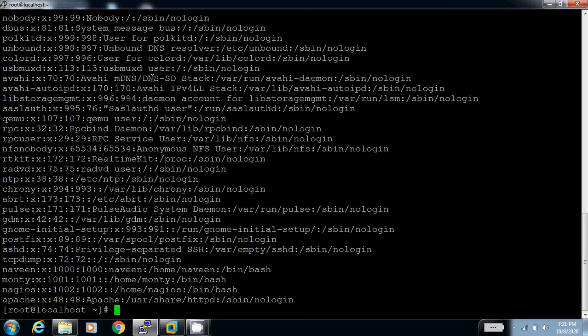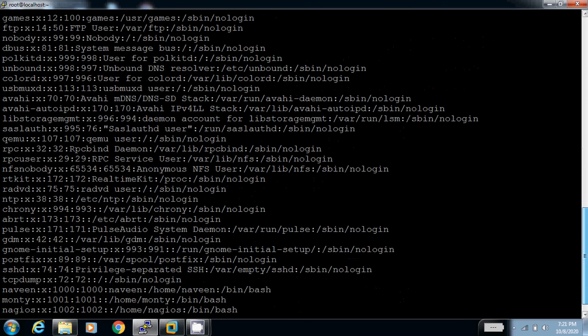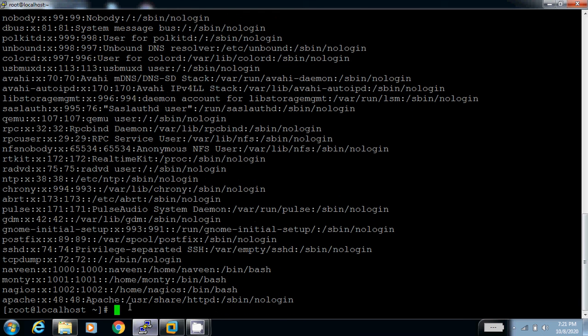There are various user entries available in this file. First of all, I will check the root user. There are 7 different fields available in the /etc/passwd file which have user information.